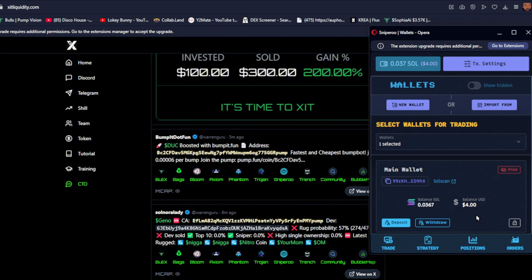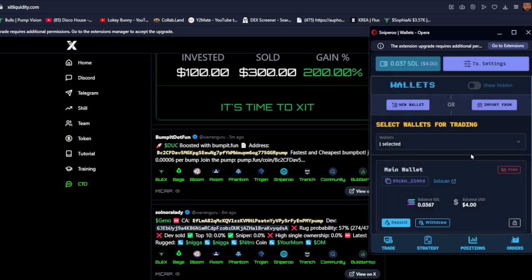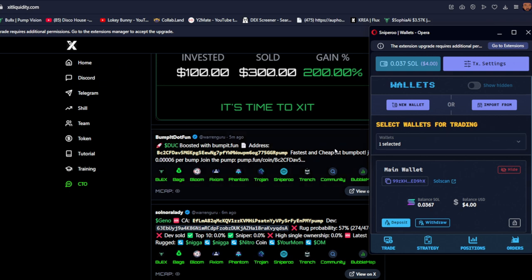So sorry about that. Withdraw, you have a little icon right here, I'm not sure you see that, but there's an icon that will allow you to literally see the private keys. Boom. So you can go ahead and take the private keys, bring it into your Phantom wallet, feel comfortable when you're trading. This is simply just allowing you to buy and sell, pretty much anywhere online, but also specifically here on